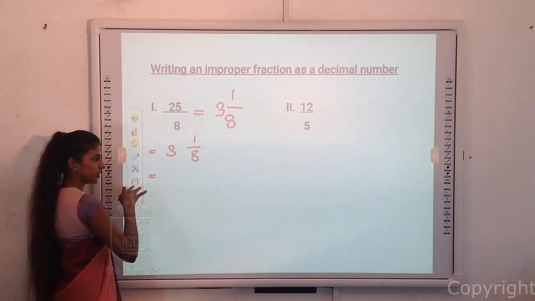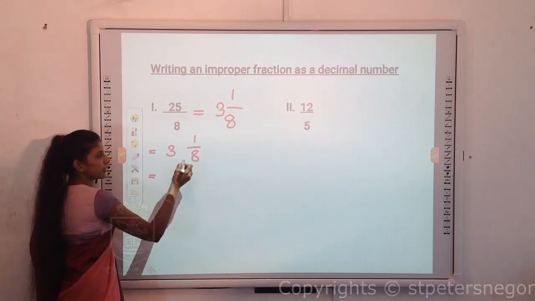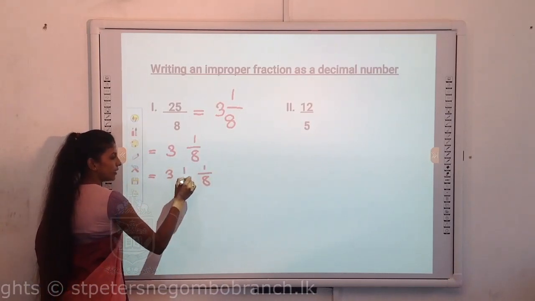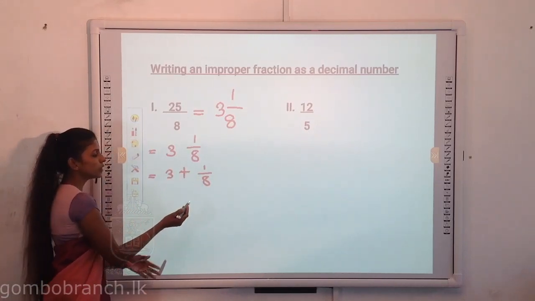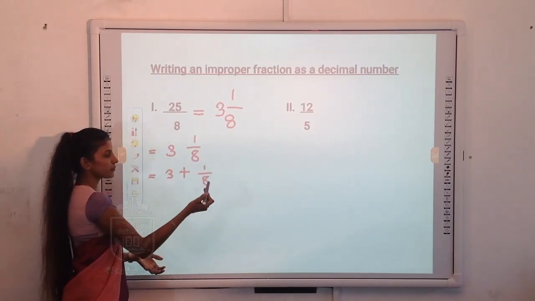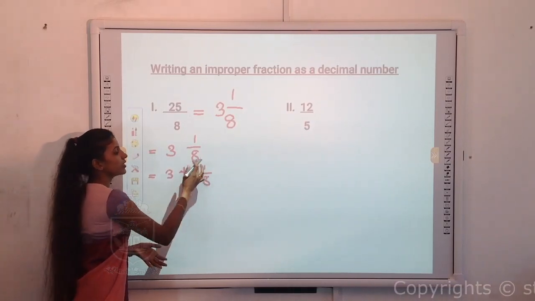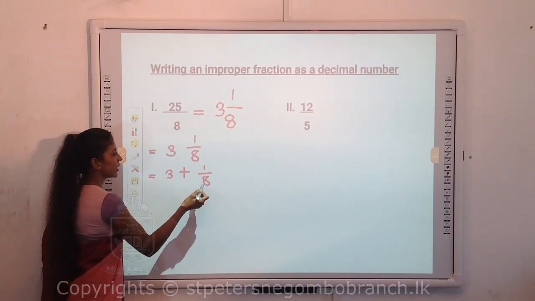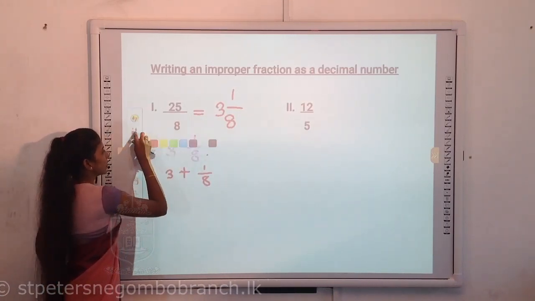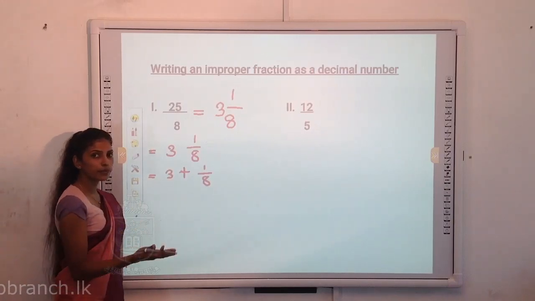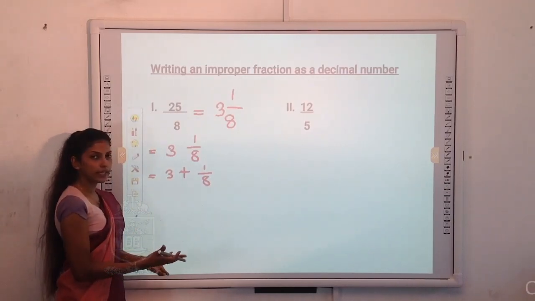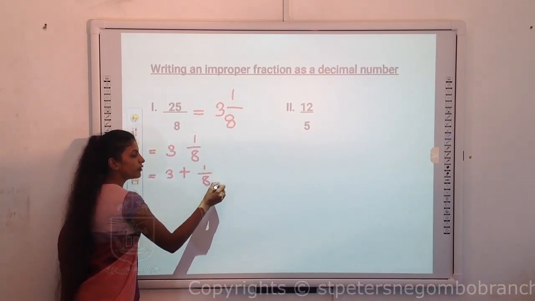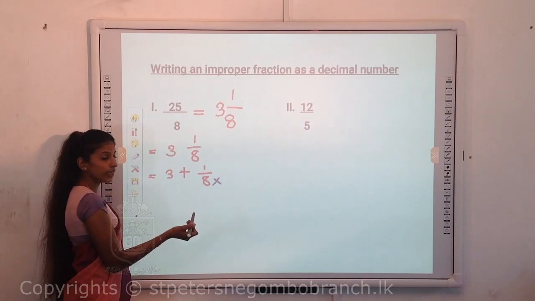Like in the previous part, you have to separate these two. Whole number taken out, fraction taken separately, and then you have to convert this fraction into a decimal. When converting the fraction into a decimal, first of all you have to check this denominator. Once you check the denominator, you can see it's not a power of 10. That means it's not having 10, 100 or 1000. So you have to make this denominator a power of 10. That means making an equivalent fraction.